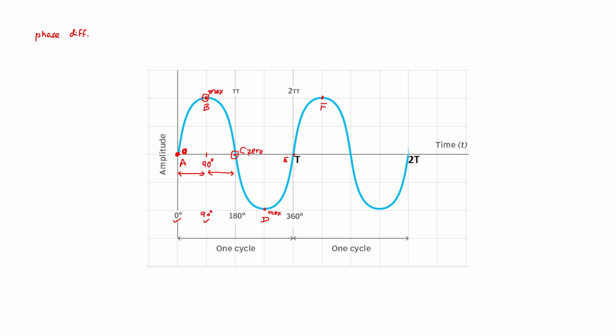So remember, point A, point C, point E are on the 0 line. So point D and point E, one is at the maximum, another one at 0. It means the phase difference between point D and point E is 90 degrees. This shortcut will be useful for us. Okay,